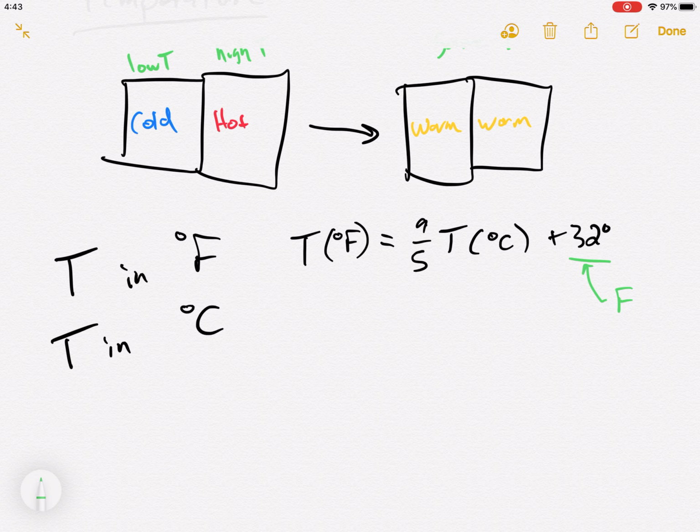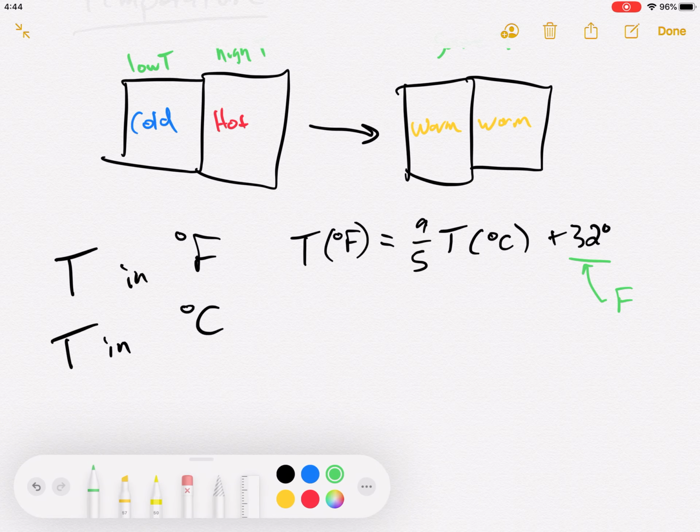So Celsius is defined between 0 and 100 for special points for water. 0 is where water freezes, 100 is where water boils. That's in Celsius. In Fahrenheit, those numbers are different. 32 degrees is freezing for water in Fahrenheit, and 212 is boiling. Those don't seem like special numbers for water, and they're not. Fahrenheit's not defined for water. Fahrenheit is defined for, I think, the triple point of a slurry of water and ice. You can Google that if you want to find that out.